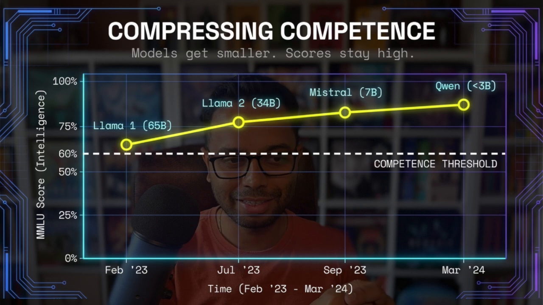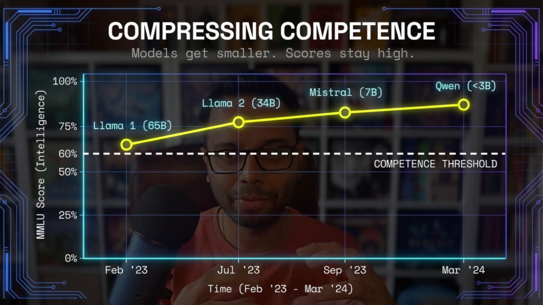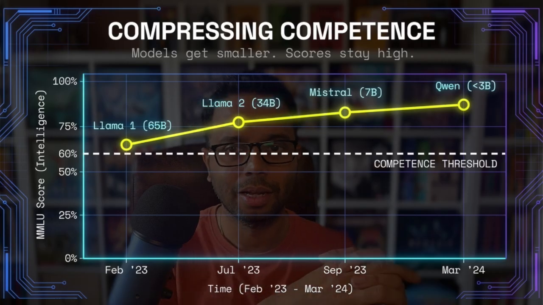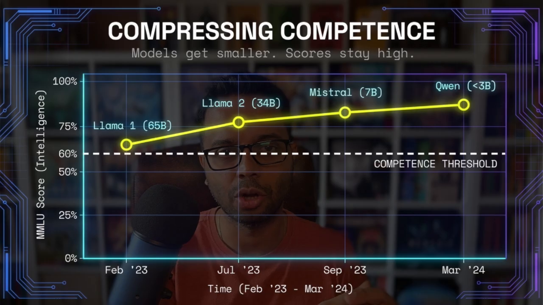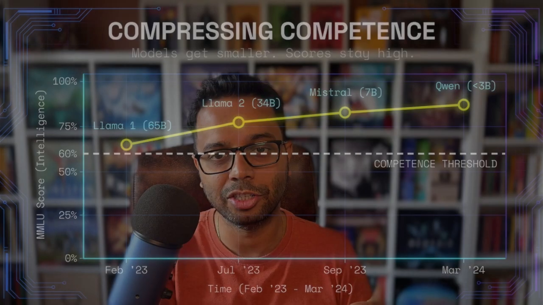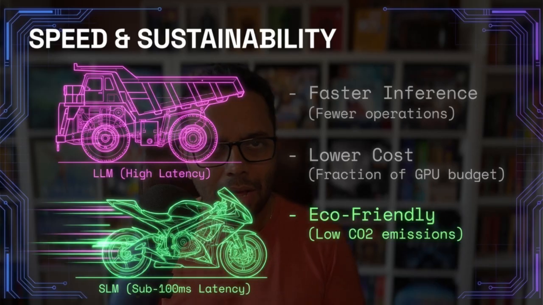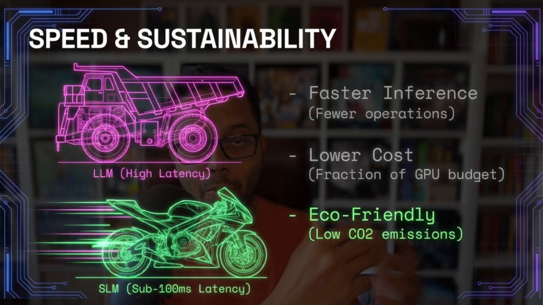So we have seen that when we compress the models and create better algorithms, even the shrinking actually did not make any difference in the intelligence of these models. So speed and sustainability are the primary aspects for which people actually choose small language models, or SLMs. Now, let's go a little deeper into these two things, speed and sustainability, and why I say so